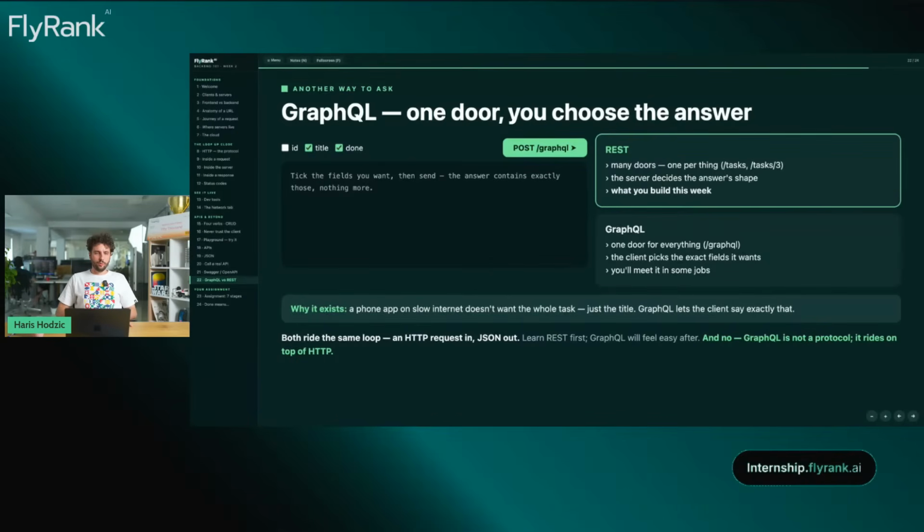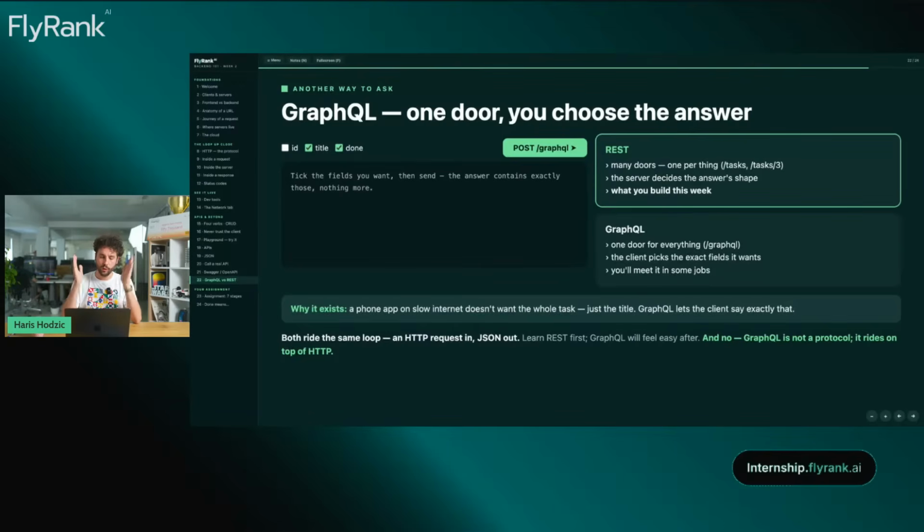So what's GraphQL? It's basically a query language for APIs over the HTTP protocol, which helps you retrieve the data in a different way. So instead of having a bunch of different API endpoints for each item, for tasks, for example, users, descriptions, whatever,